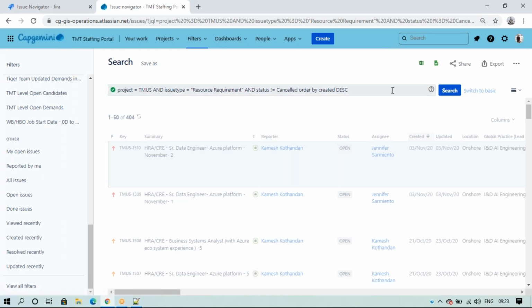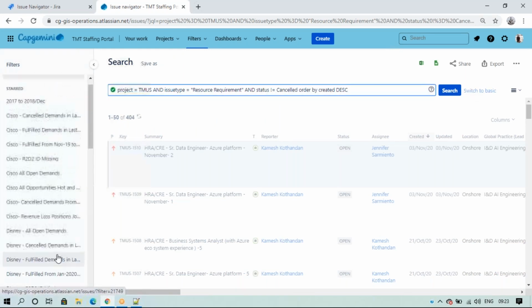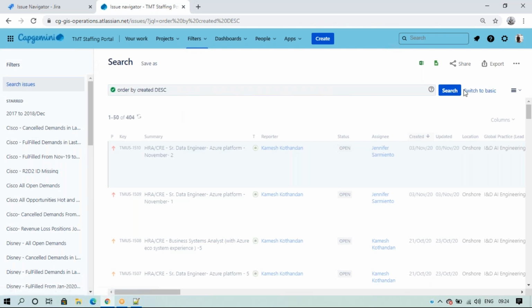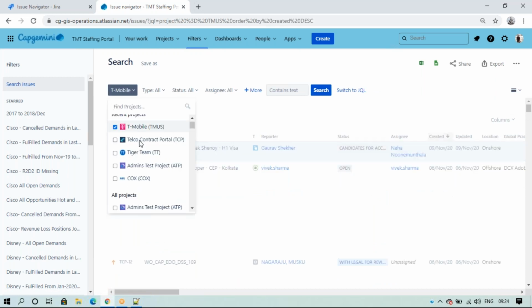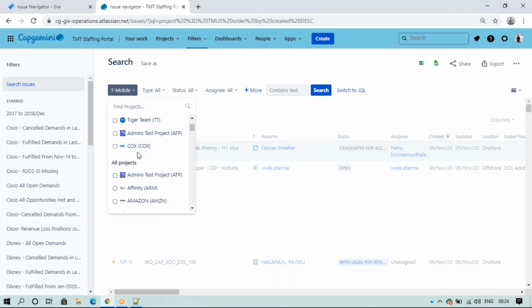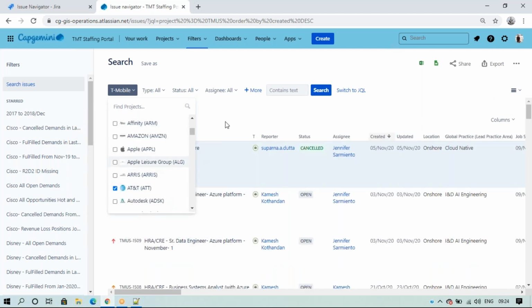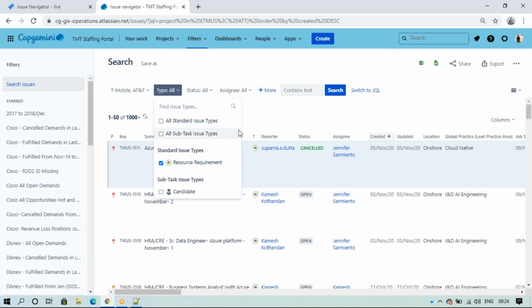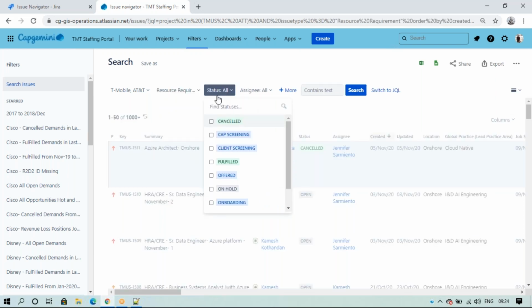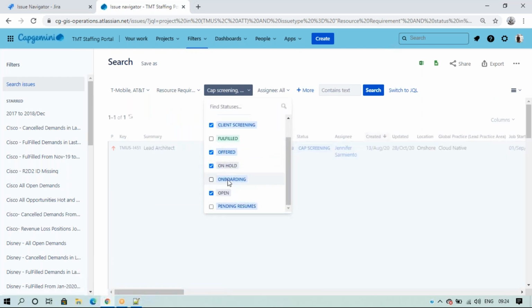But do we have any option to generate it based on two projects or three projects? Yes. Just click here. I'll select T-Mobile and choose two issue types. Similarly I selected resource management, and I want all the statuses: tab screening, client screening, offer, on hold, open, onboarding, pending resumes or something.